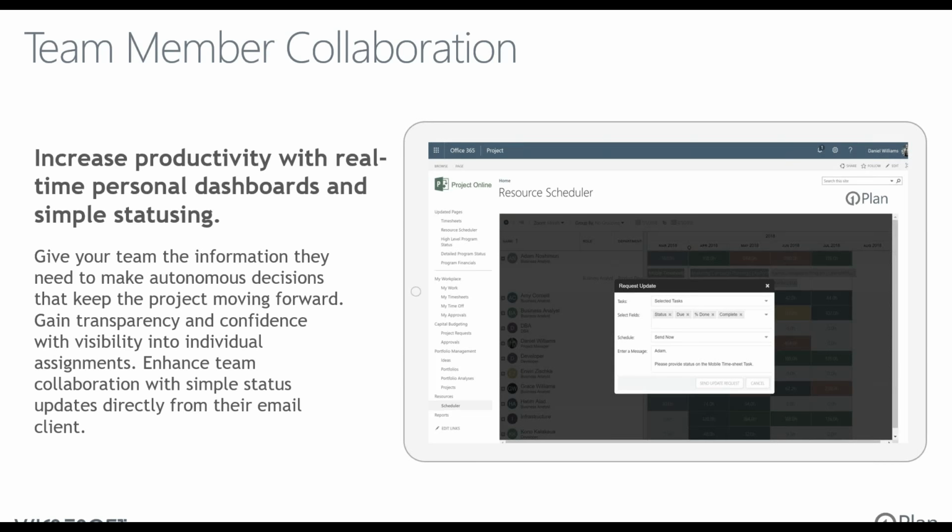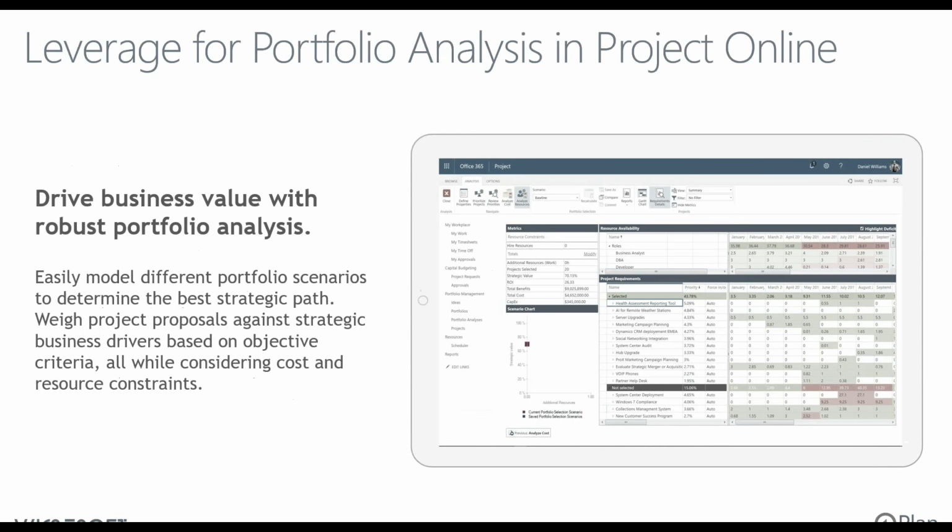And then we can leverage this stuff in portfolio analysis and Project Online. All this capacity planning that we're doing is nice from a picture perspective and understanding from a data point. But as we're looking into deciding what projects to tackle and what priorities we want to put in place as an organization, Microsoft Project Online has a rich set of portfolio analysis and optimization capabilities such that it can leverage